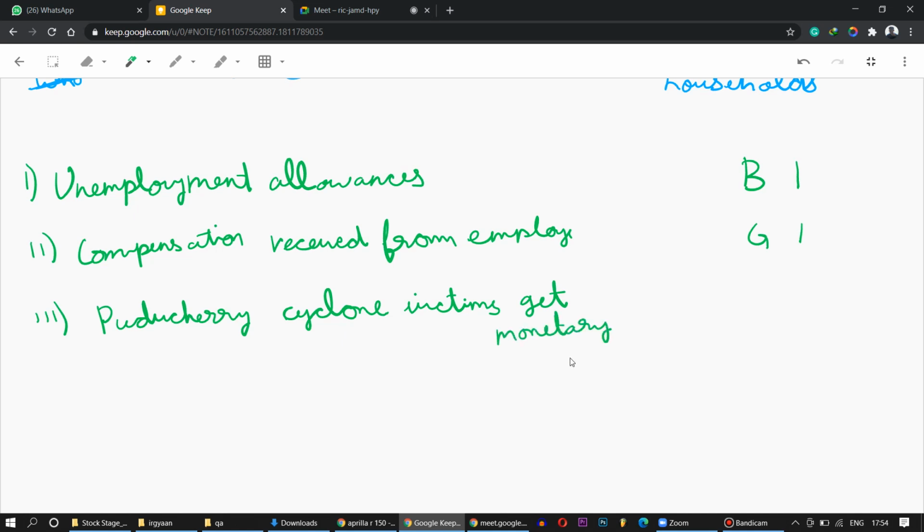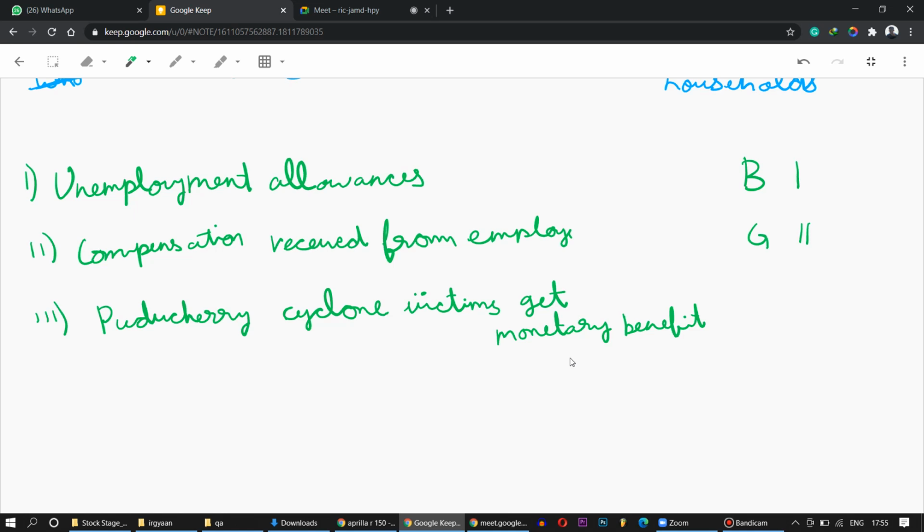The Puducherry cyclone victims, the government is saying, okay, take 2,000 rupees per person. Will it be factor or will it be transfer? What kind of payment is this? Puducherry cyclone victims get monetary benefit. Yeah, it is transfer because